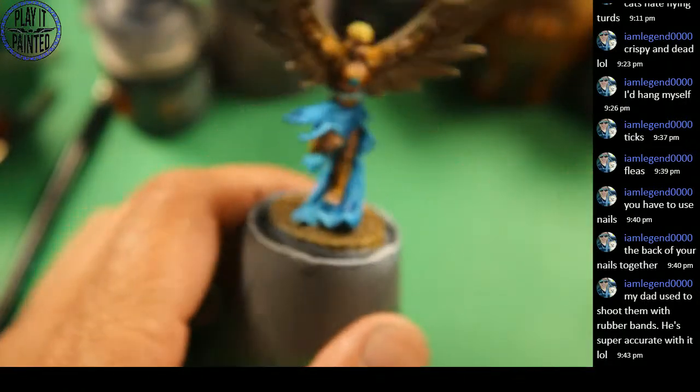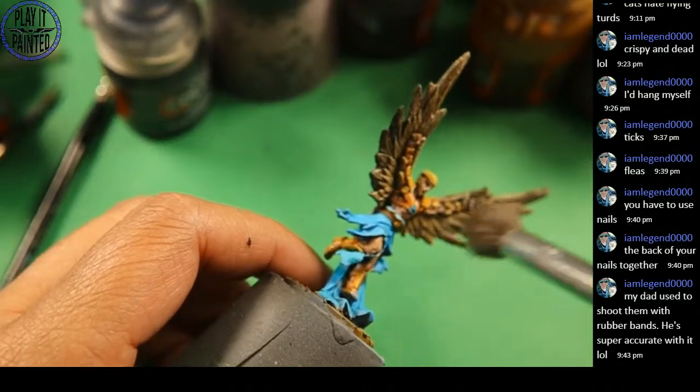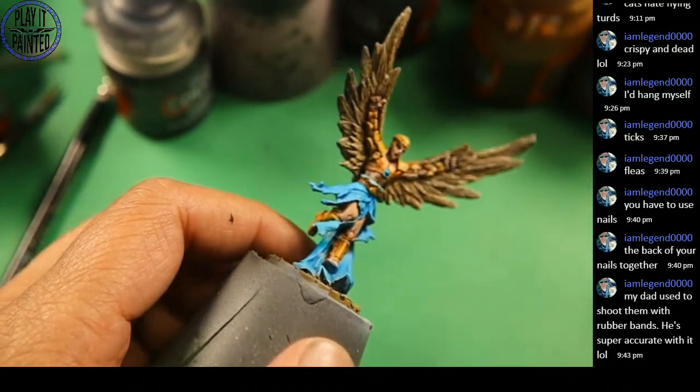Okay, so we are ready to dry brush, and dry brushing is great for feathers. You just sort of run it along the feathers. These bristles are gonna pick up